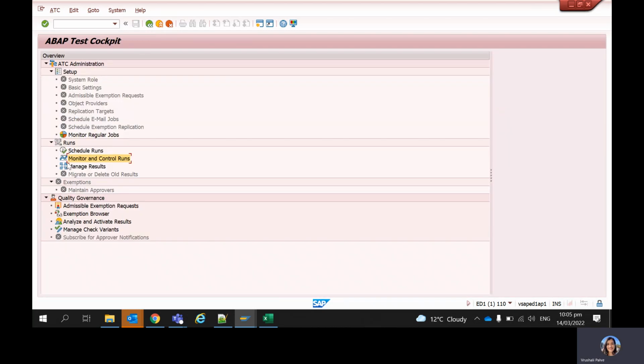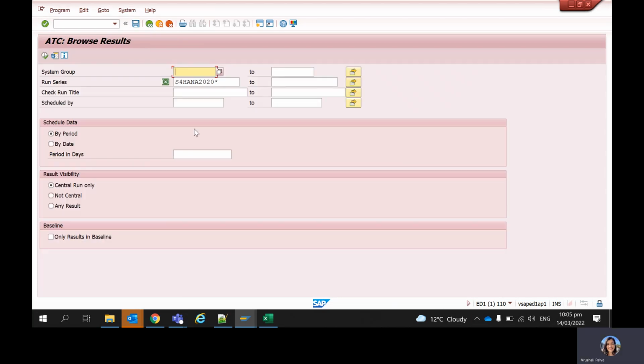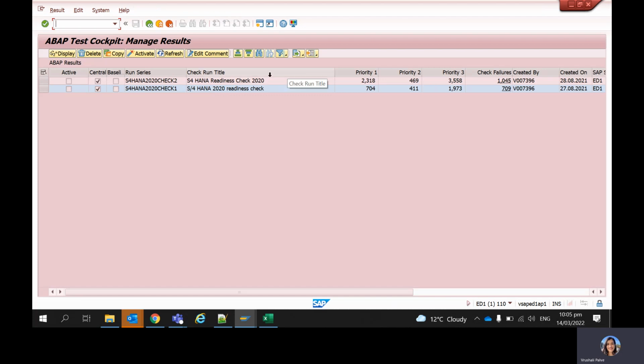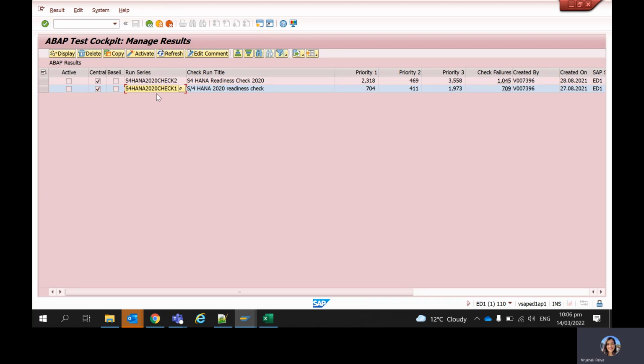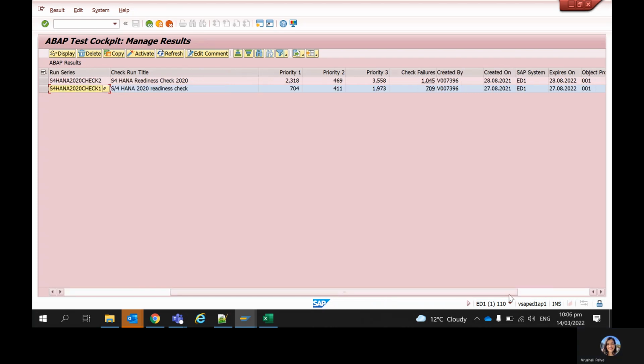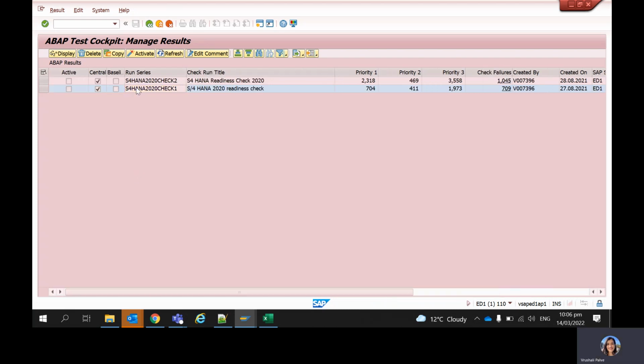And then once you see the state as finished, you can come to manage results. You can put your series name here, whatever the series is. And I'll just put the 2020 because these are the ones that we had already run in our system. So here you have the check one, which is for the first variant, and then the other series would be for the second variant. If you double click on it, you will see the results, what the check has brought in. Okay, let's just see this one first. So once you go in